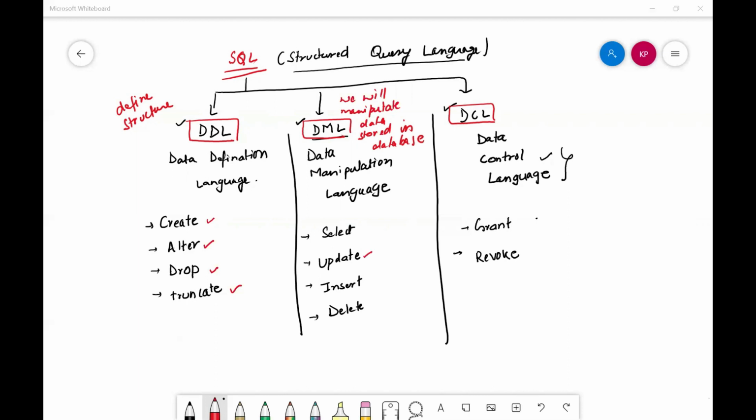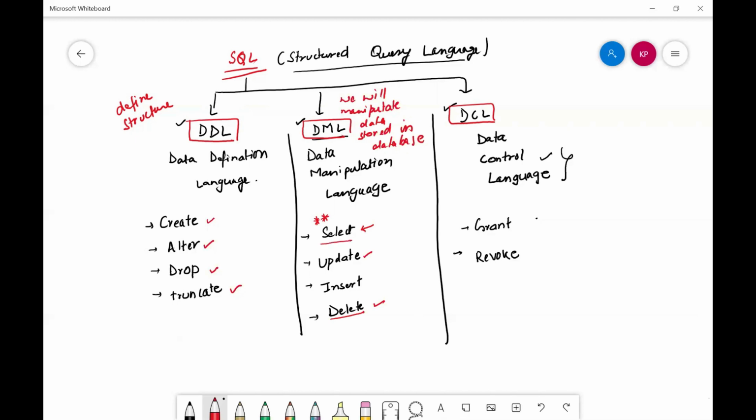There's a chance also that we need to delete data from the database, so we'll use the delete command. And the most important part is selecting or retrieving the data from the database. That is the select command. From the UGC NET perspective, this select command is very important, and today we will be seeing most of the select statement.